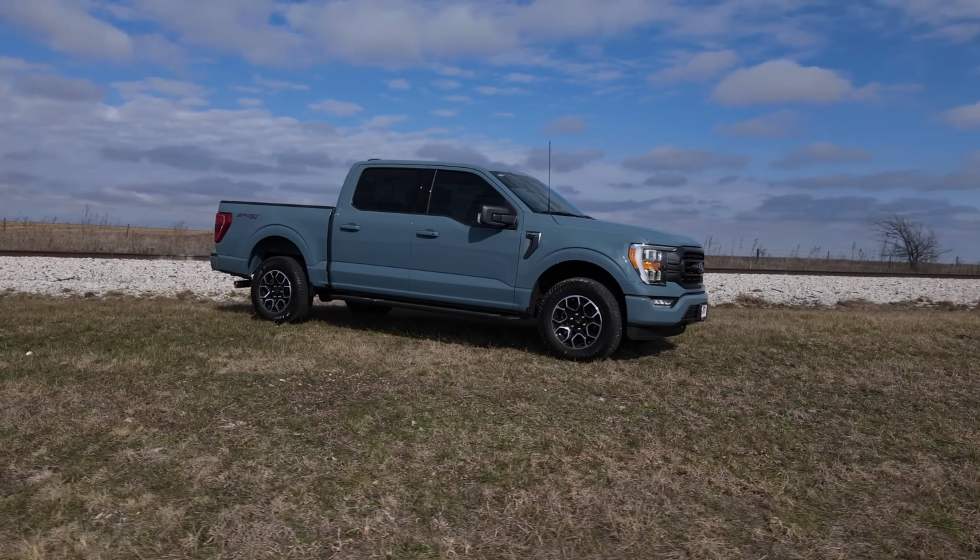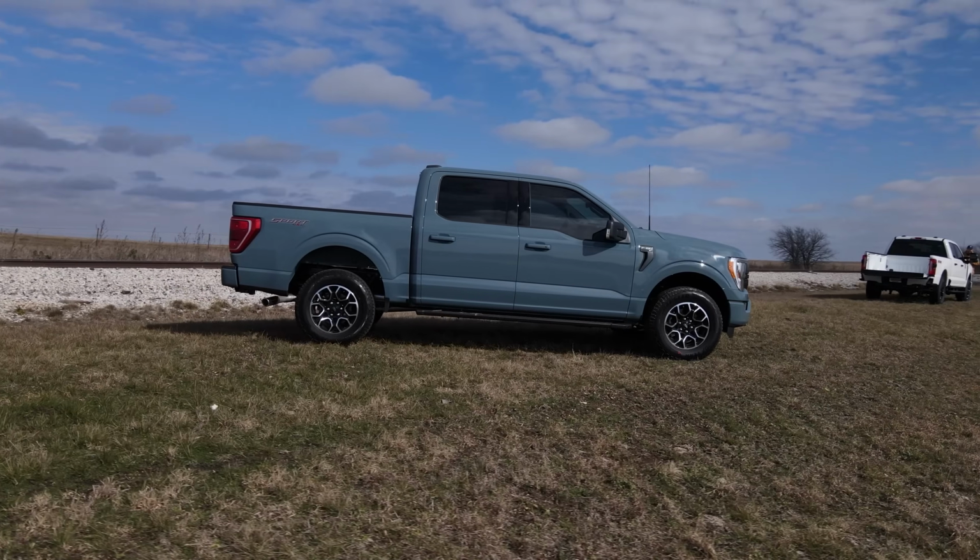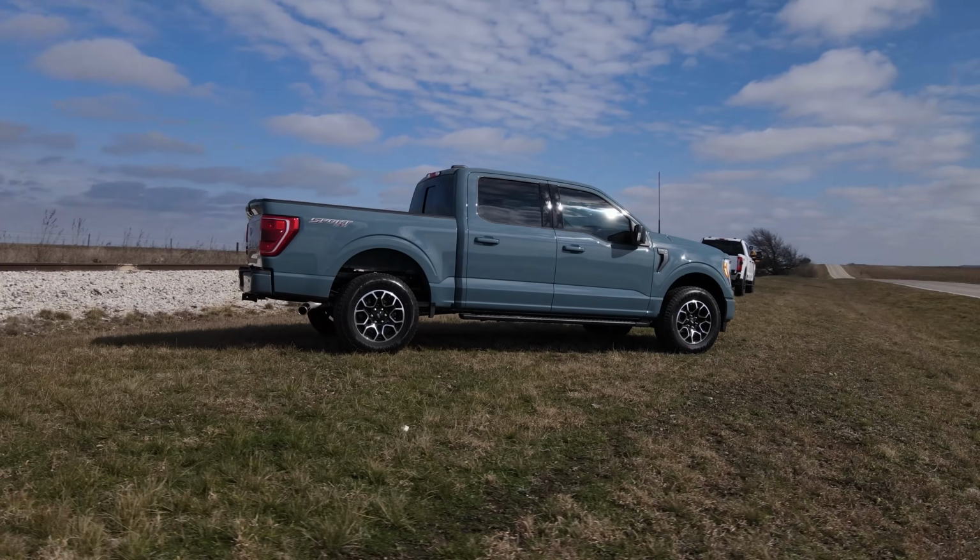we've debated this for ages, the whole time the channel's existed. 3.5 EcoBoost, 2.7 EcoBoost. Both are really surprisingly fast. Oh, they're really fast. They're both very fast. 3.5 especially is fast. Yes. Right here, for me, this just right here